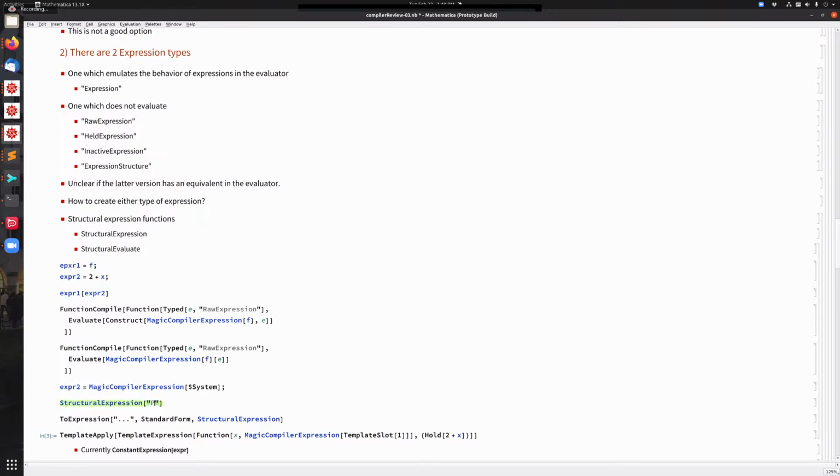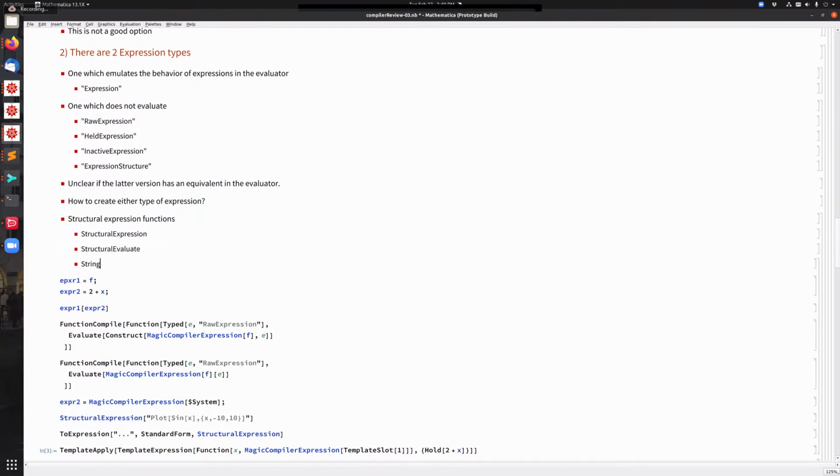In this case, you can't do this because this is itself an expression. So it has to be an expression. Look, just write down in your thing above it structural expression. Just say string to structural expression, just another function called string to structural expression. I would argue that this should just be to expression, but yeah. Perhaps so, but let's just write these down, okay? And then we've got,